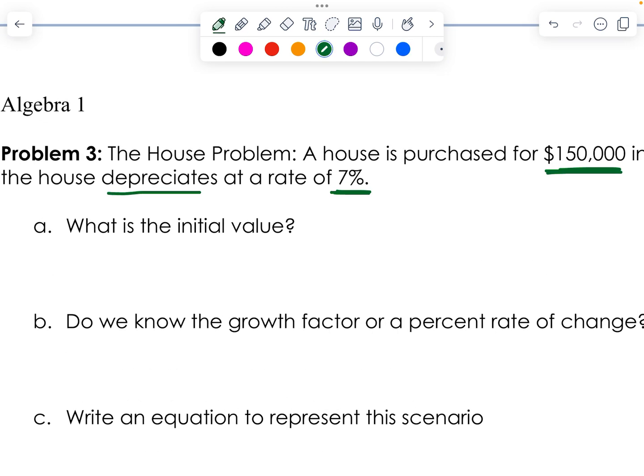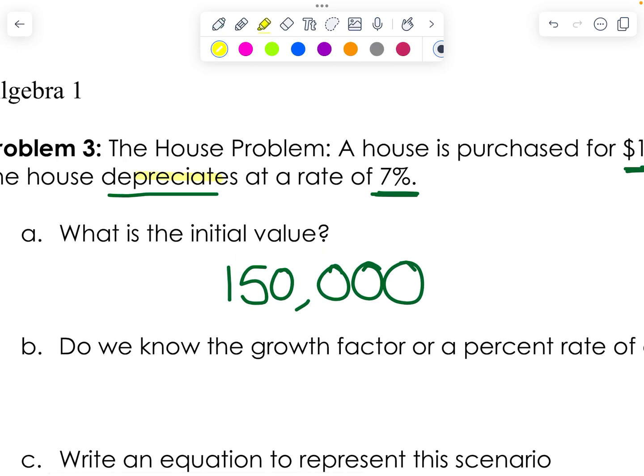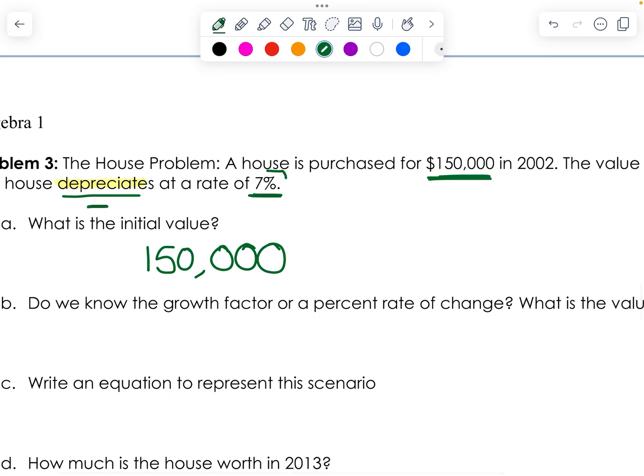So the initial value of the home is $150,000. The word depreciate means to decrease, so we are subtracting. They said by 7%, so that is a percent rate of change. If you want to include the negative, go for it. So we're subtracting